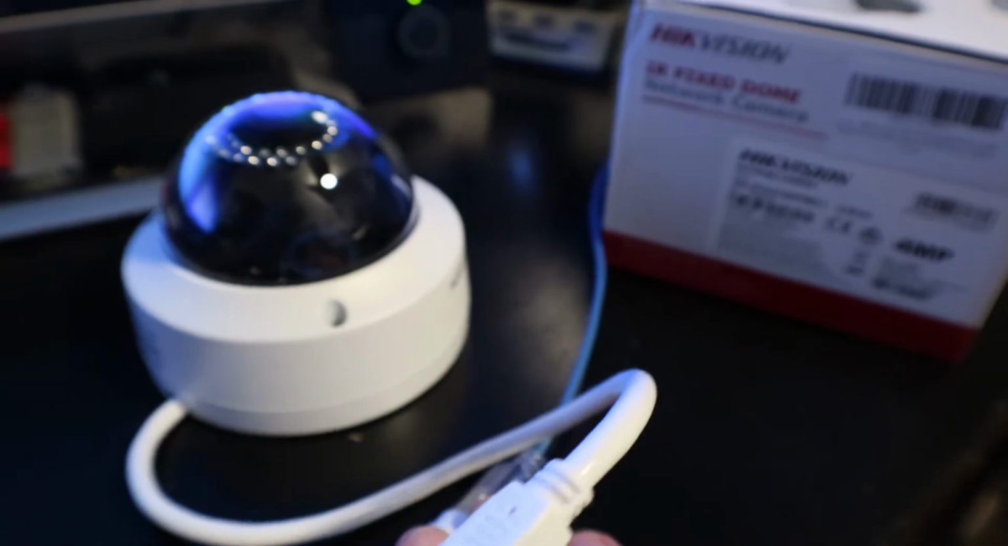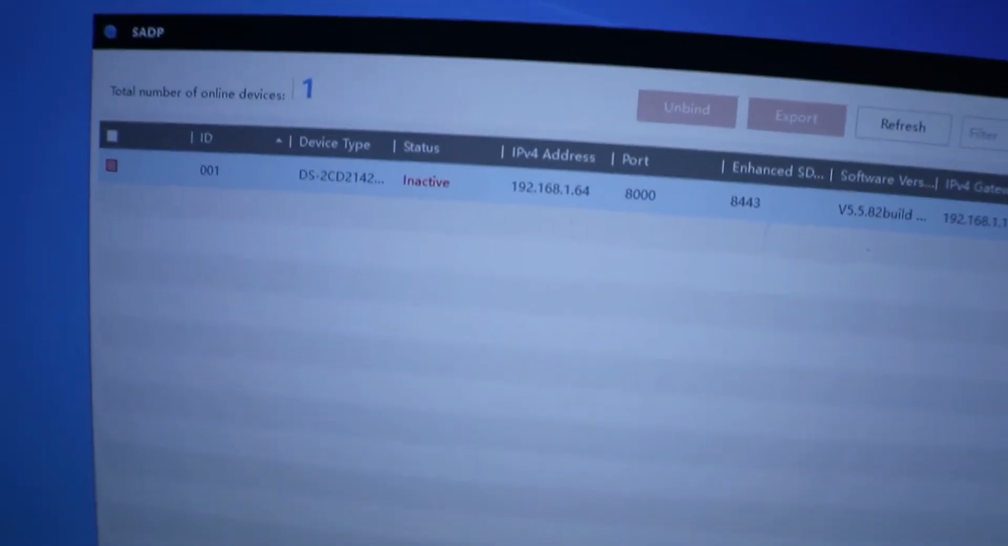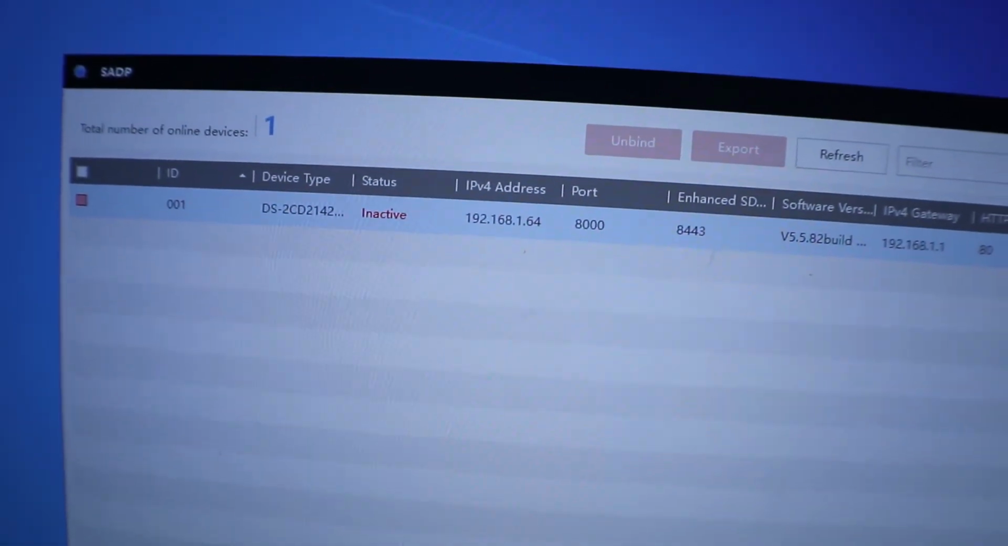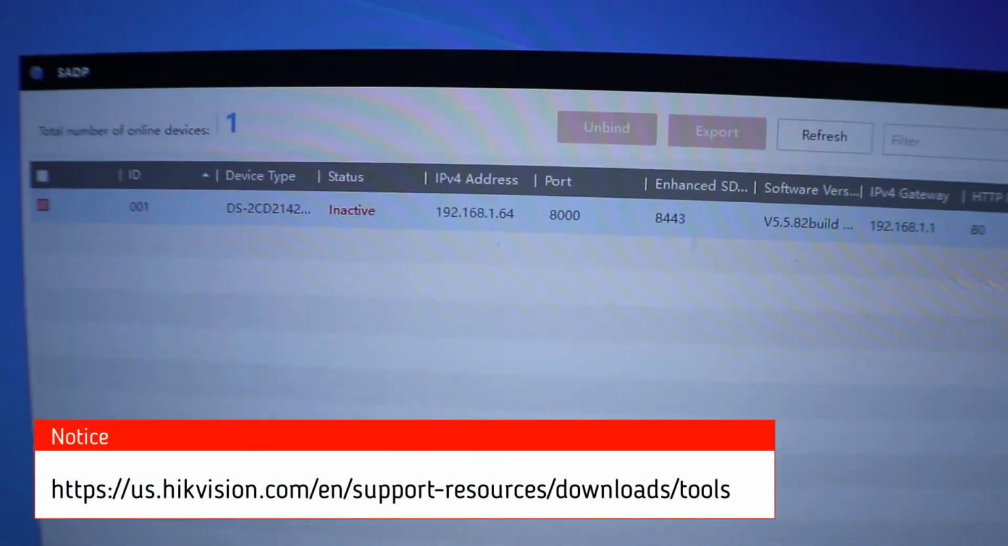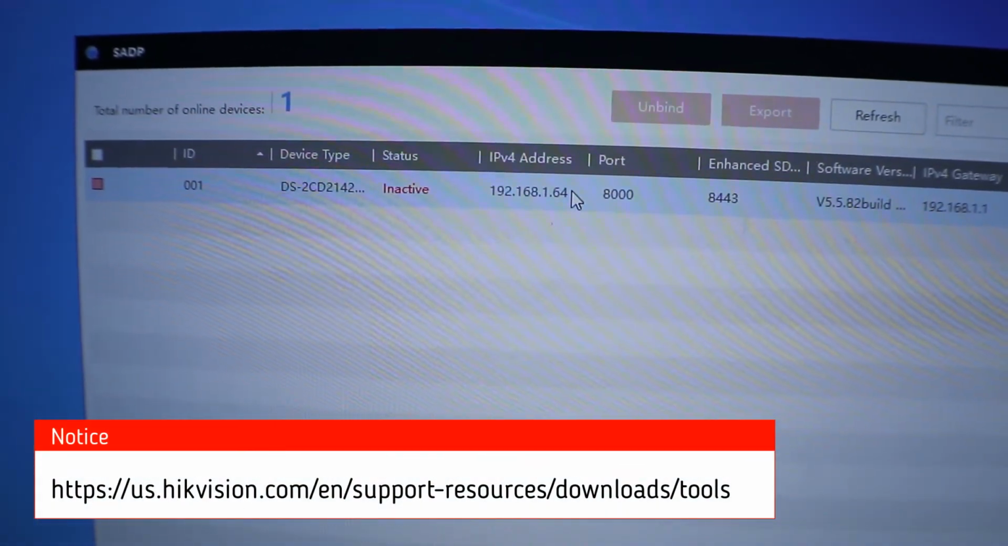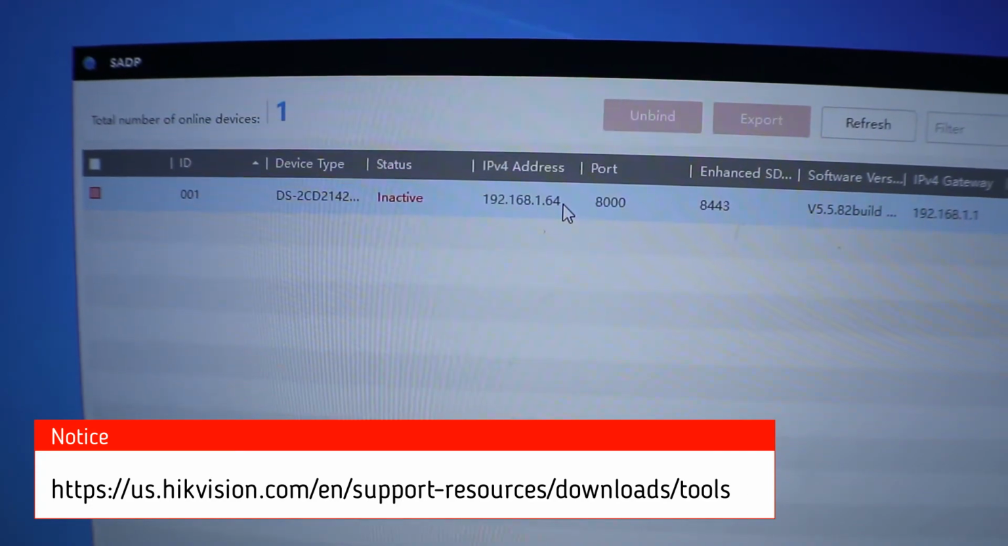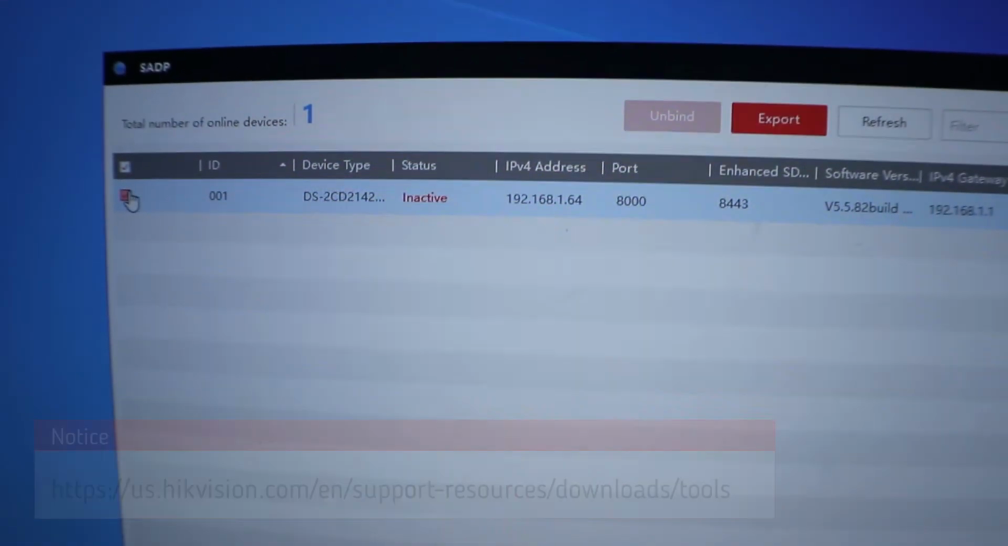It's already been online. So we're going to use our software here, this SADP software provided by Hikvision, so we can find the camera on the network. It's a very great tool. So we already did the search and it already came up with the default IP address of 1.64. So we can go ahead and click on it, and it's saying that it hasn't been activated,